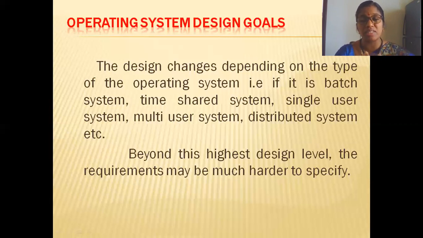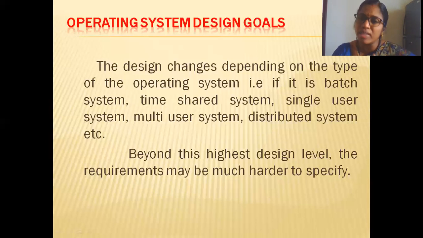Not only this, we have many other things. CPU scheduling, I can tell you another example. CPU scheduling is nothing but processor scheduling: which processor is allocated with which process? So processor allocation is another job, which we call CPU scheduling. So that is another requirement.